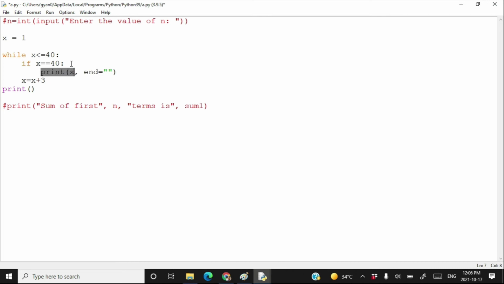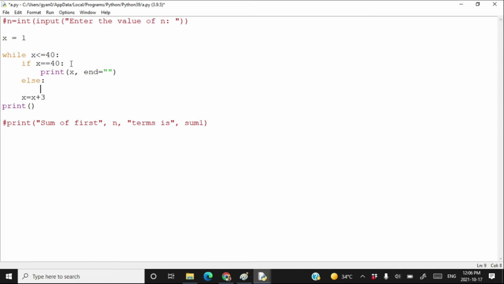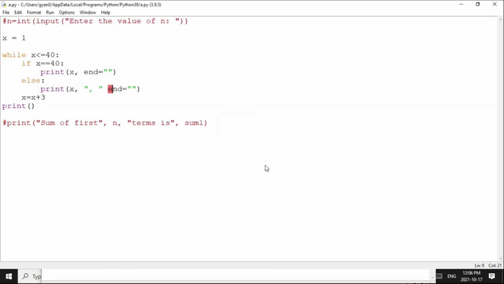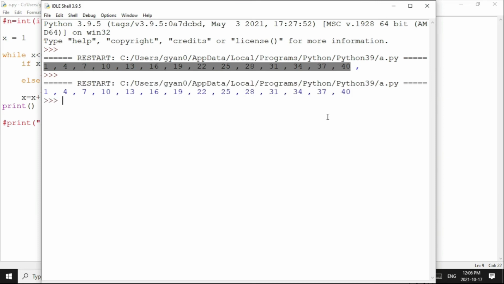Otherwise, print it with comma. Run module. It is saying invalid syntax because I have missed the comma. Now run module, and here we are. Here is what our expected output is.